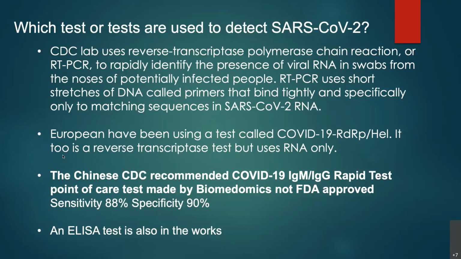The Chinese Centers for Disease Control actually purchased an antibody test, a test that uses either blood, plasma, or serum into a little cassette, and then indicator lines show whether there is the presence of IgM or IgG against this virus. This test ultimately in Wuhan was used at the bedside, takes 15 minutes to run, and had a sensitivity of 88% and a specificity of 90%. Those are pretty good numbers. They're certainly good enough to provide assurance to clinicians in the middle of a huge outbreak. In addition,